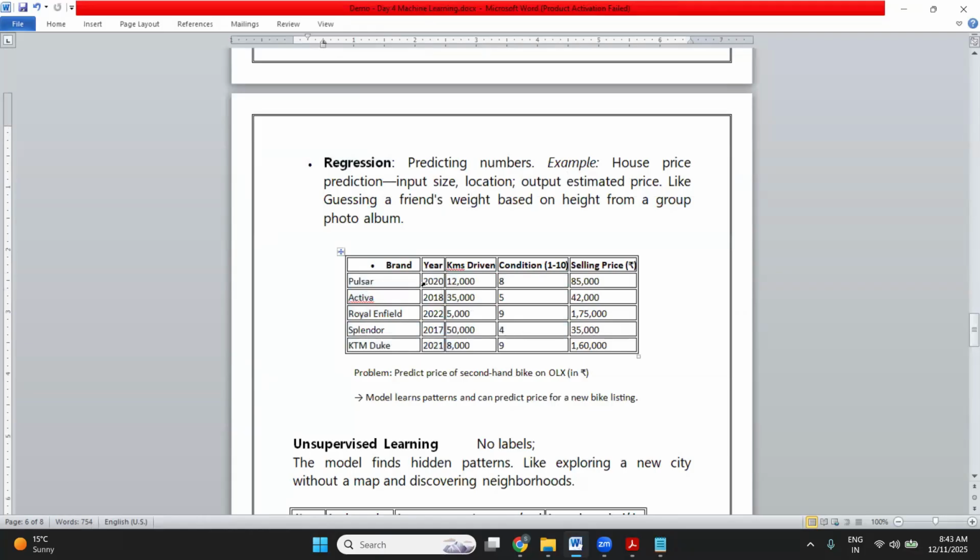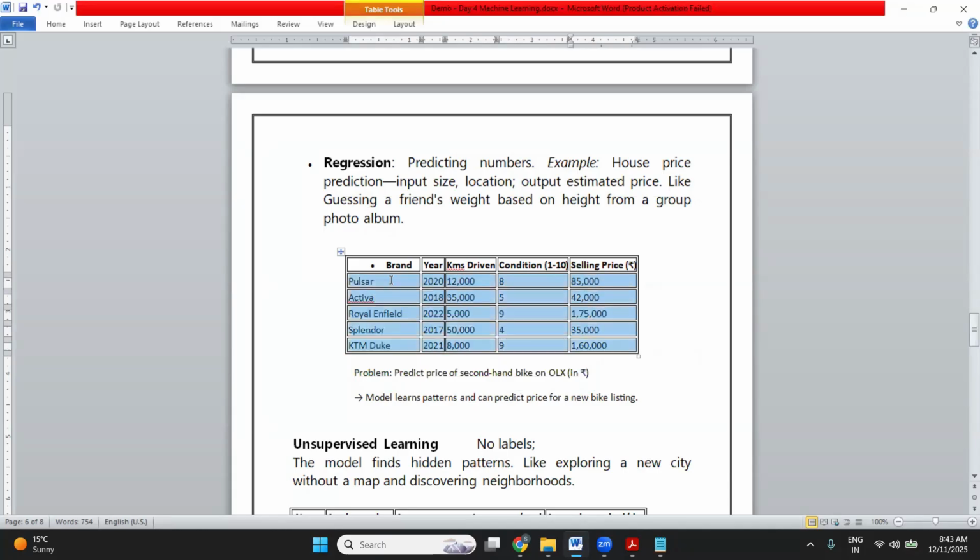So the requirement here is predicting the price of second-hand bikes, for example, say on OLX. So what we do, we give the data available on OLX. We capture the data, put it in a file, and pass the data to the algorithm. It will use a regression kind of algorithm internally, and it will predict the price depending on the historical